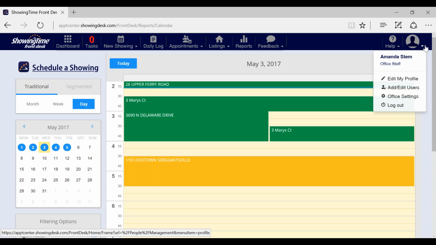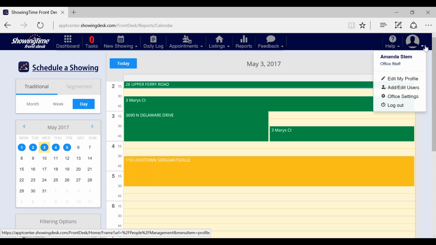So those preferences you need to be very careful to set up. If you have something unusual, you have to remember what your standard preferences are, and then you have to go in and make the changes accordingly. So if you have a particular property where the showing instructions are pretty standard, except for there's an alarm code, you have to make sure that you go in to those notes and that the alarm code is entered in the showing instructions. So that's how to set up your preferences as well as to schedule an appointment when you're